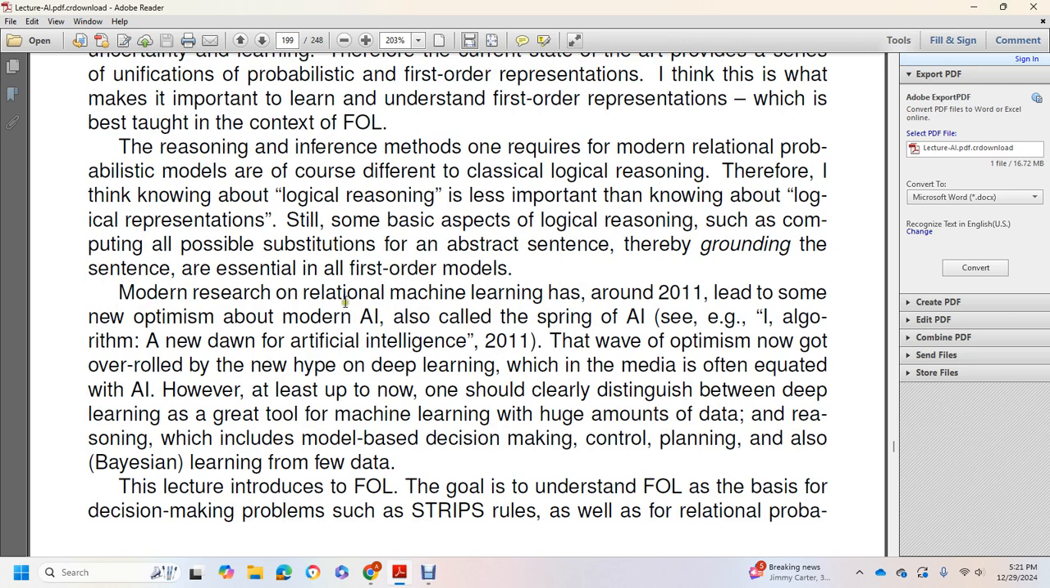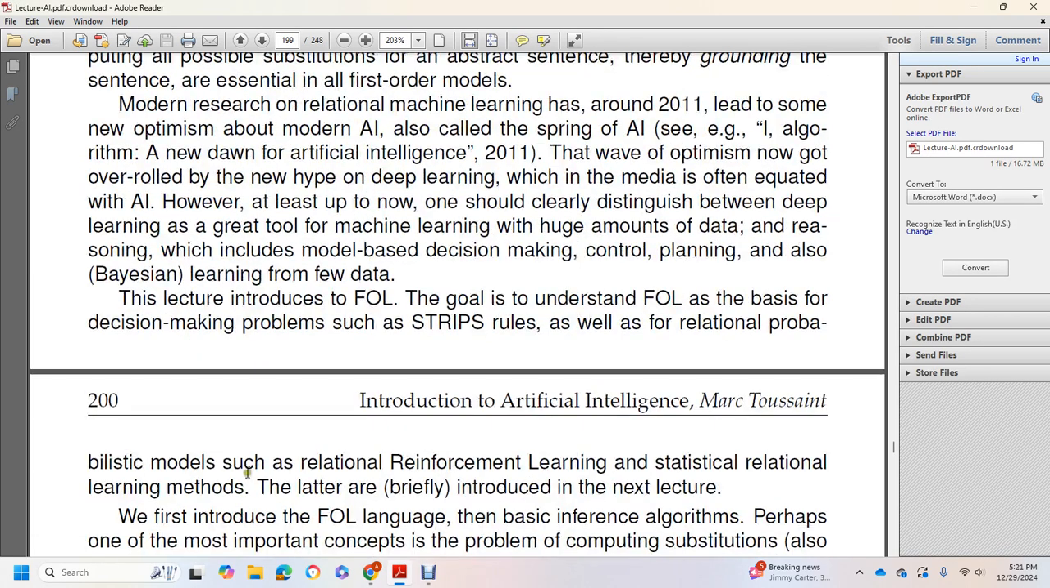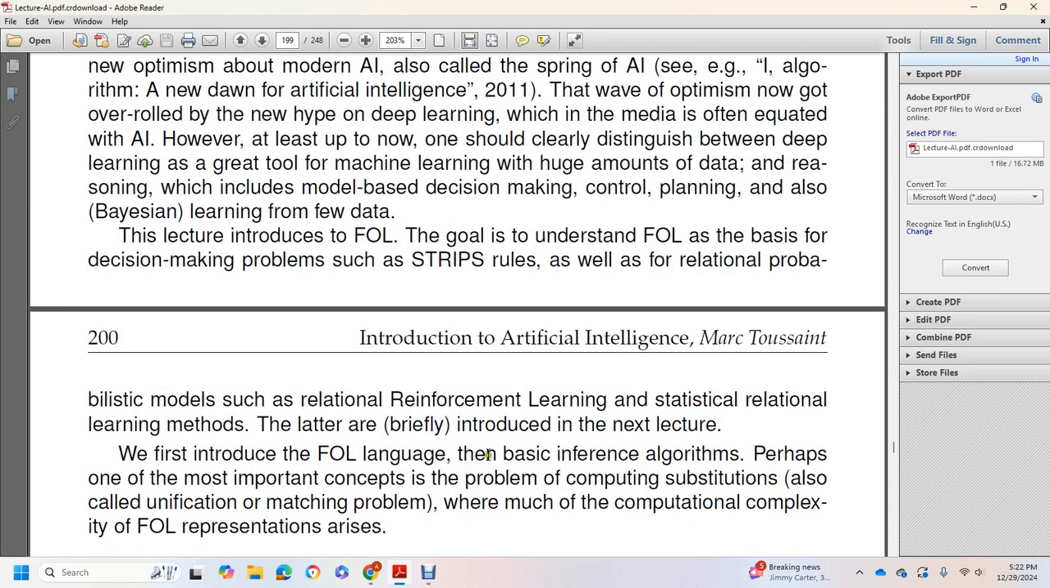The lecture introduces first order learning, the goals of first order learning, the basis of decision problems, rules, as well as relational probabilistic models such as relational reinforcement learning and statistical relational learning, which are briefly introduced in the next lecture. It introduces the first order logic basic inference algorithm, perhaps one of the most important concepts, the problem of computing substitutions. I'll look at the unification matching problem, where much of the computational complexity of the first order